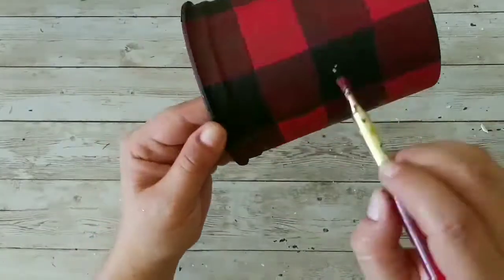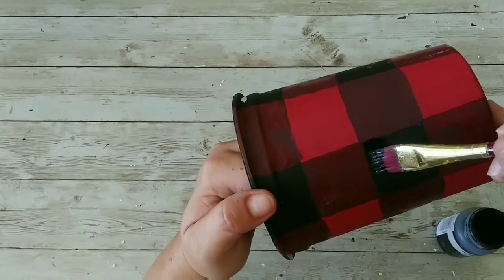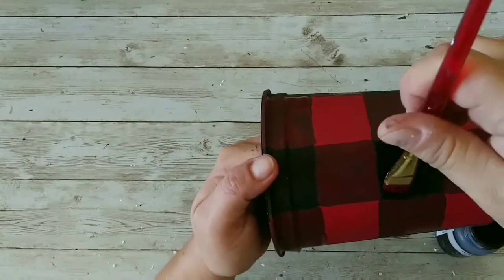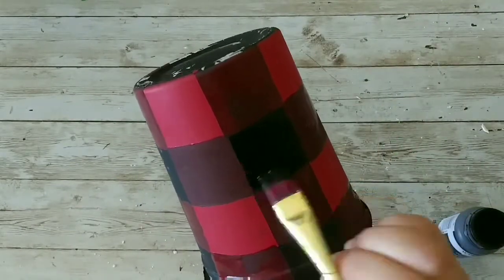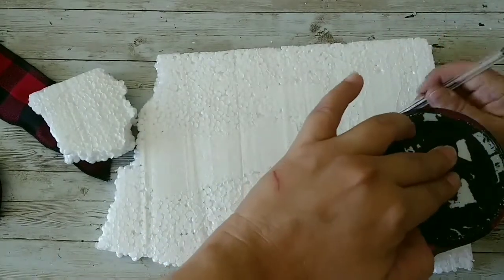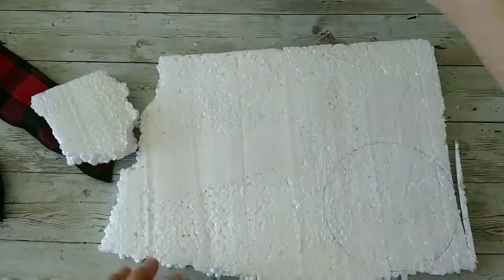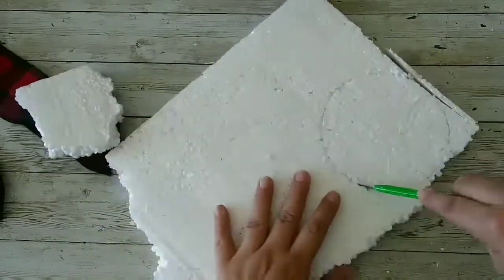Now I'm just gonna take some of my ink and I'm gonna cover the spots where the tape peeled off the paint. And it's as easy as this, and this is the most relaxing thing I have ever done. I loved it. Now we're gonna let it dry, and then I'm gonna take some of this foam and cut a circle just like this. I'm just marking it, and now I'm gonna take my box cutter and I'm gonna cut that circle